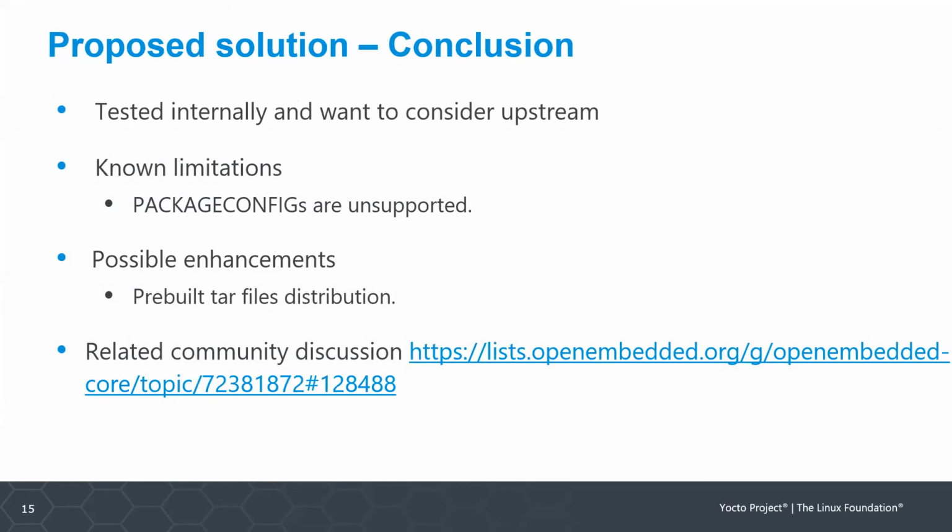So this is, at the high level, what we are trying to propose. This solution we tested internally. We would like to propose it for upstreaming. Currently, the implementation is not supporting package configs. The reason for not supporting package configs is that they are pretty much configuration dependencies. And anyway, the class is capable of handling different config options for each customer. So we can define the conf file in such a way that the package configs we can still manage